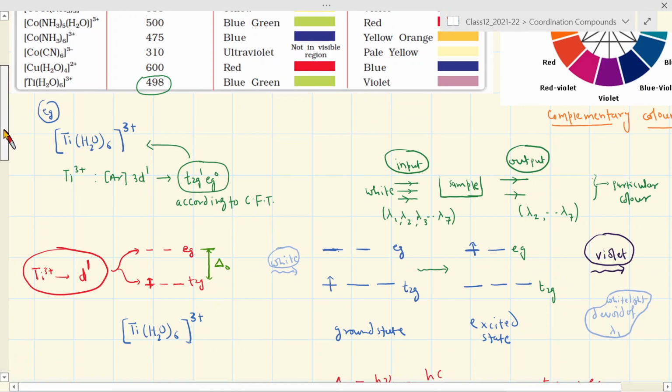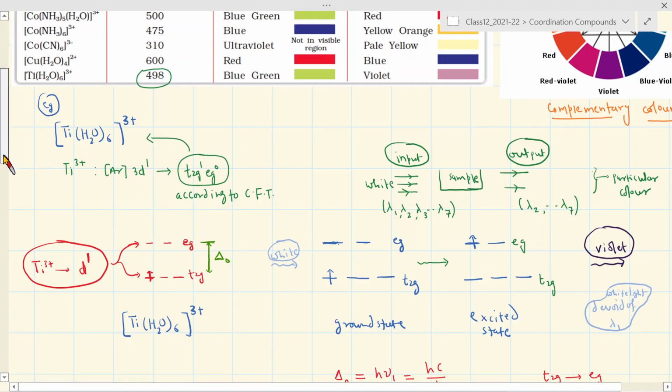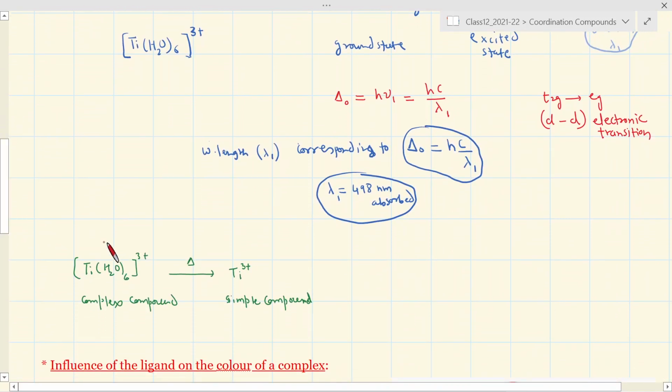Now one can investigate this idea of crystal field splitting and hence the electronic transition happening and hence the color of the complex by doing a very simple experiment. So let's say we take titanium hexaaqua complex and then heat it. By heating, we are basically destroying the inner coordination sphere, and then this complex compound will now reduce to a very simple compound of titanium 3+, which will be no more a complex compound. So there will be no ligand sphere or no ligand field in this case. And we actually see the consequence of this,